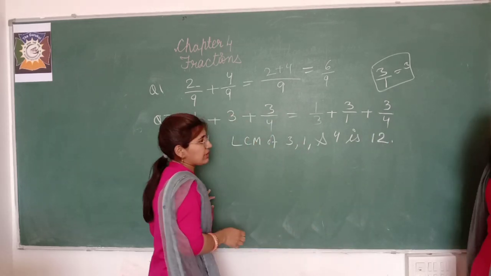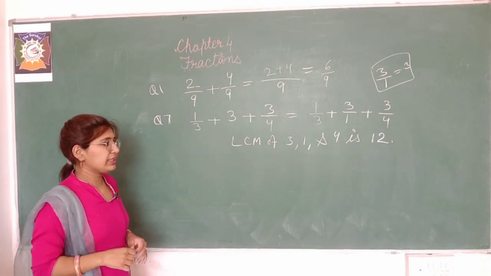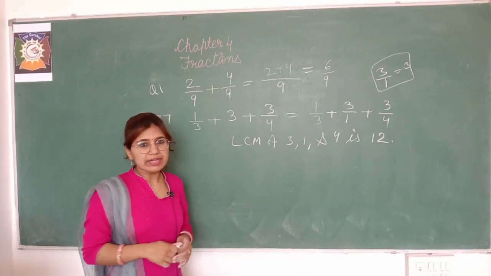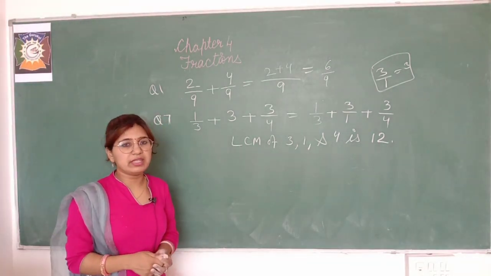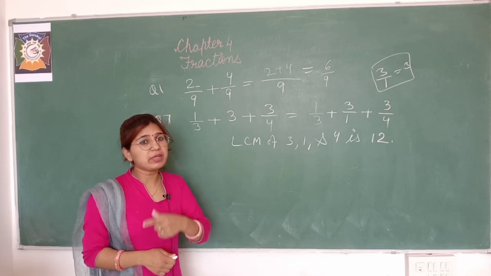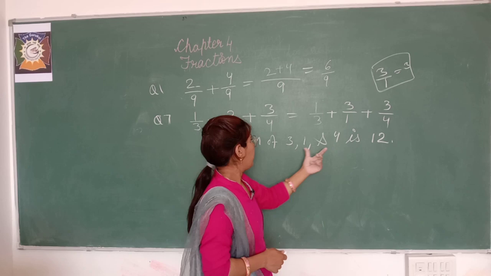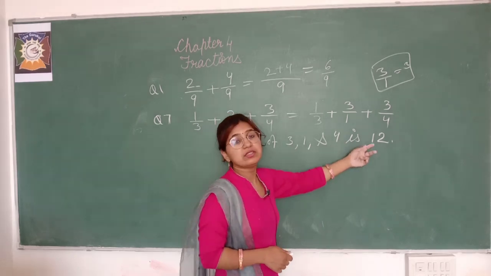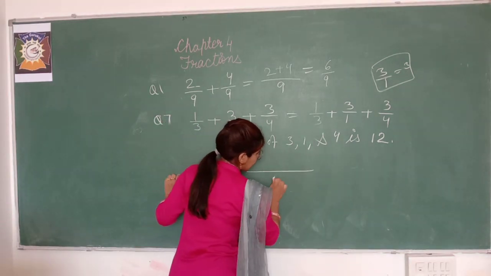अनलाइक फ्रैक्शन था बच्चे, जब भी हमारे पास अनलाइक फ्रैक्शन गिवन हो और हमें एडिशन करनी है तो हम क्या करते हैं, हम कॉमन डिनोमिनेटर फाइंड आउट करते हैं. कॉमन डिनोमिनेटर कैसे फाइंड आउट होता है बच्चे, जब हम डिनोमिनेटर का एलसीएम ले लेते हैं. जो एलसीएम आता है दैट बिकम्स आवर कॉमन डिनोमिनेटर. एंड वी कैन सी 3, 1 and 4, LCM of 3, 1 and 4 is 12. So our common denominator is 12. So write common denominator, that is 12.